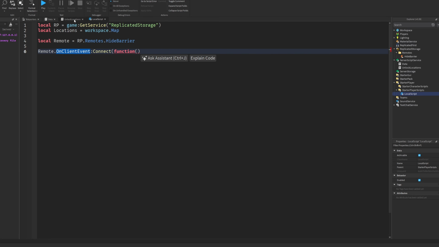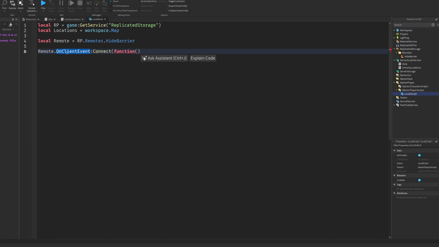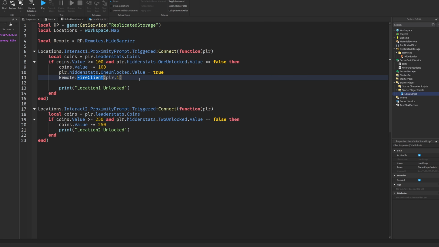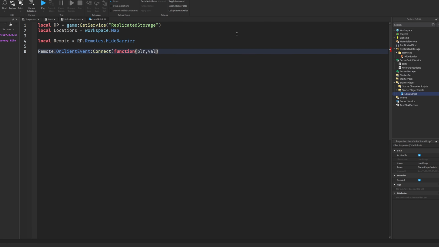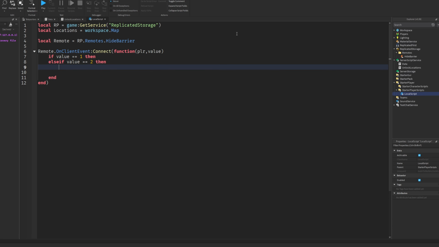This just means you are receiving the FireClient on this local script, and we need the player and the number. So let's call it value. If value is 1, then else if value is 2, then. Okay. So if value is 1, then we will hide inside the locations